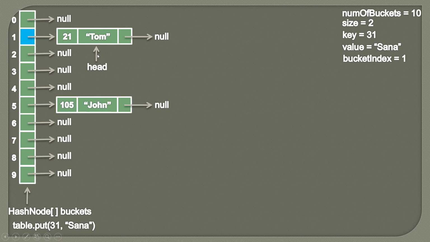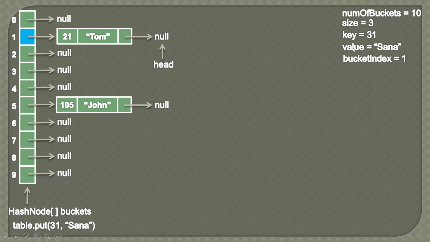So what we do is we move head to its next node because, let's say if there are 5 nodes, then we need to compare all the 5 nodes' keys with the key which we want to insert, because we don't want to insert a key which is already there. So we simply move head to its next node by assigning head.next to head. So now here you can see head is pointing to null. It means that this key is not present, and we can safely insert this key value pair at this index at the beginning of the list.